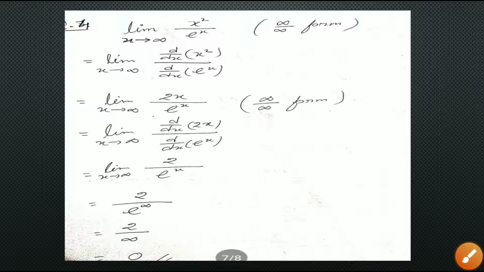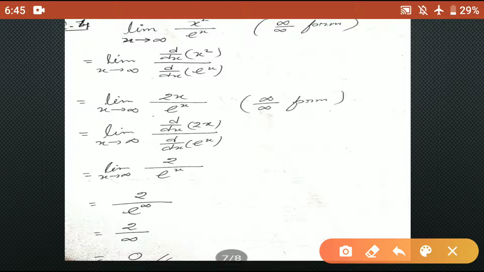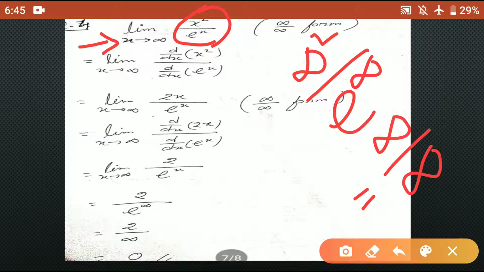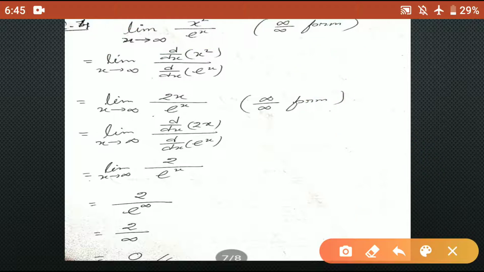Okay, let us come to question number 4. Here the function is x square by e to the power x, and x tends to infinity, so directly you put the value of x as infinity. So in the numerator part it is infinity square, in the denominator part it is e to the power infinity. Infinity square means infinity, e to the power infinity is infinity, so this function is in the form of infinity by infinity. Therefore we cannot put x tends to infinity directly in the function, and in that case we have to apply L'Hospital